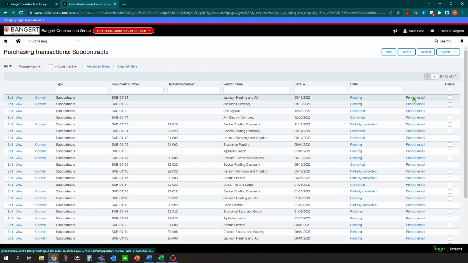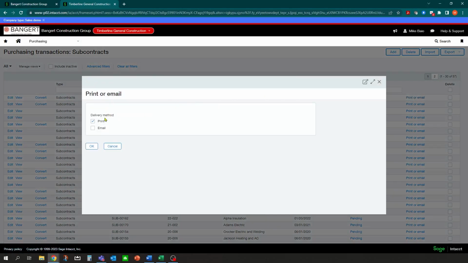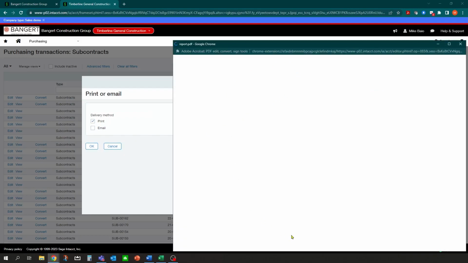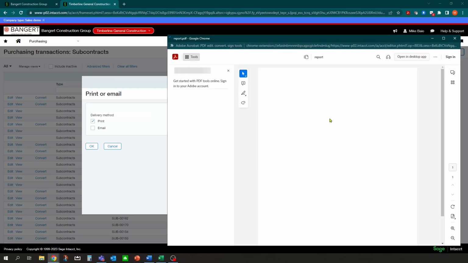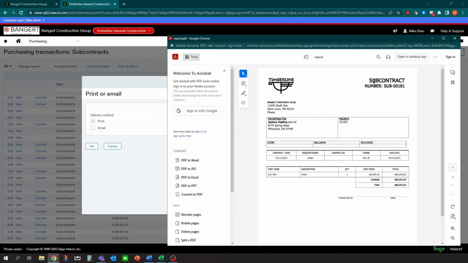And we can print it. So if you did have a document and you wanted to send or email out the subcontract document, you can do that real time. And this would be the form that you want to use. We use Word Editor to define these documents, so this can be built any way you want it to be built. And you can do that yourself as well. So here's a subcontract document.